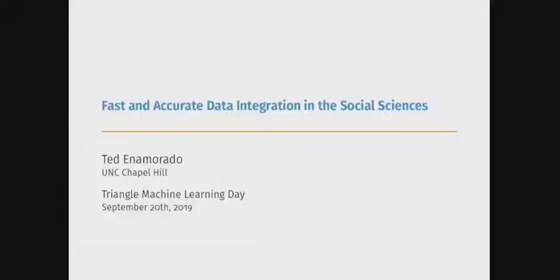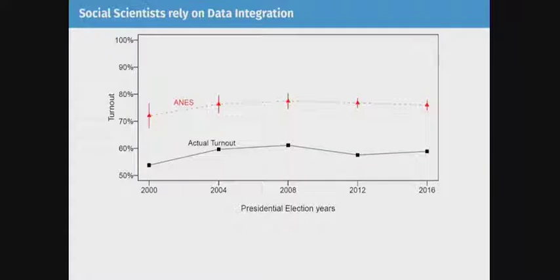Well, my name is Ted Innamorato. I'm an assistant professor in political science at UNC Chapel Hill. And today I'm going to be talking about my work on how to bring together information from multiple sources in fast and accurate ways. So to illustrate how important this is for us in the social sciences, let me walk